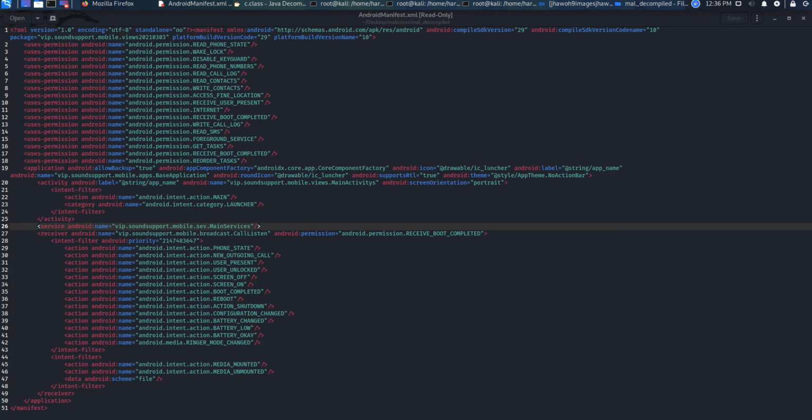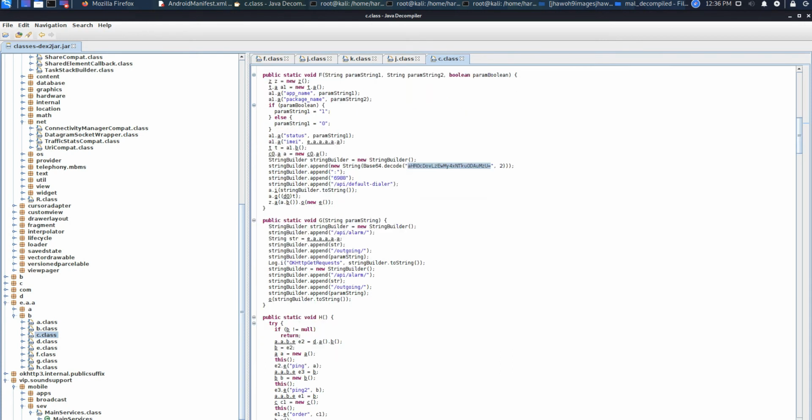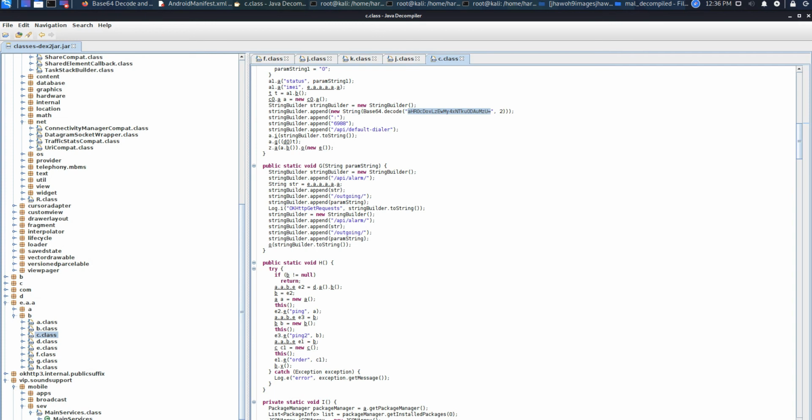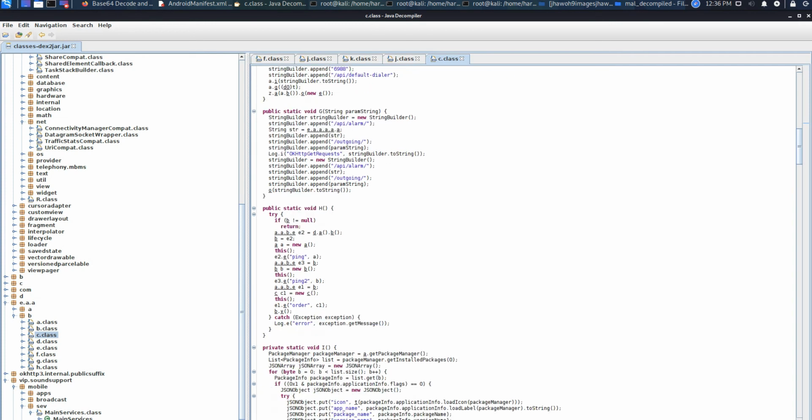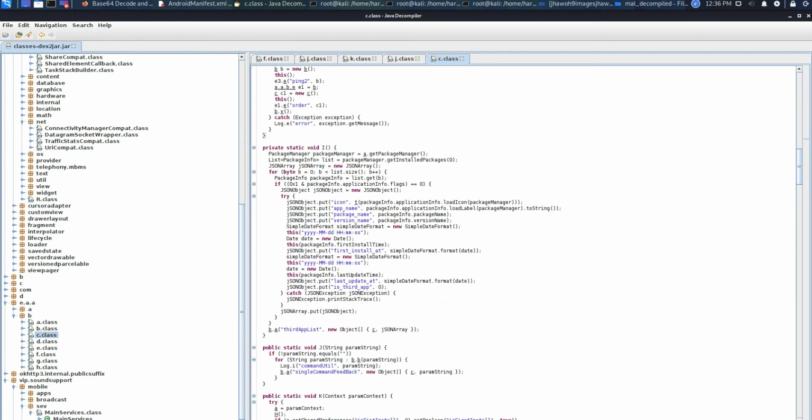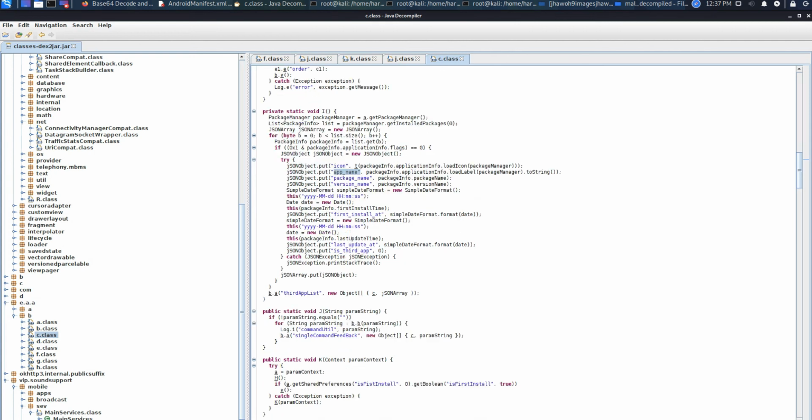Let's see what it contains. Inside this object, he's also putting the icon of the application name. Okay, this is the thing.